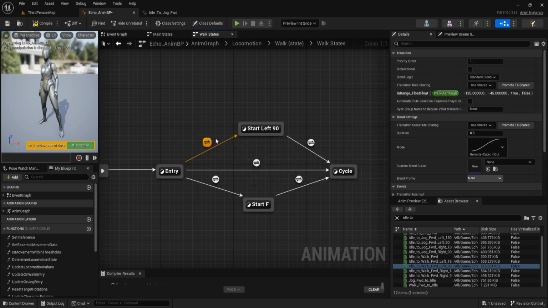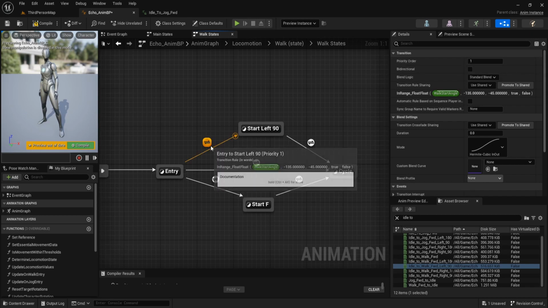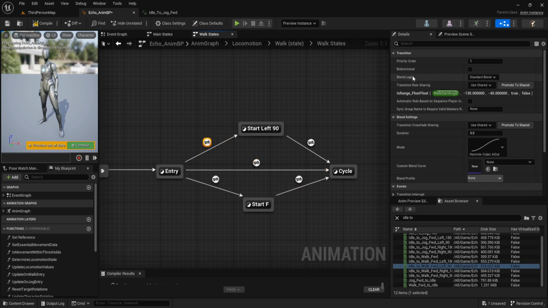And this start left 90, priority order is 1. This priority order is useful because the smaller the number of this order, when the condition is true with other transitions, the smallest priority order will call that transition.